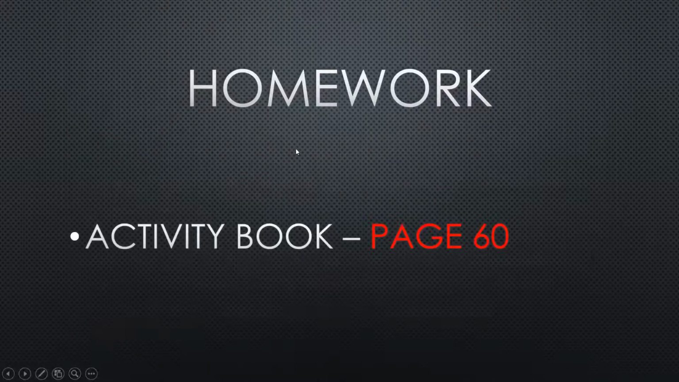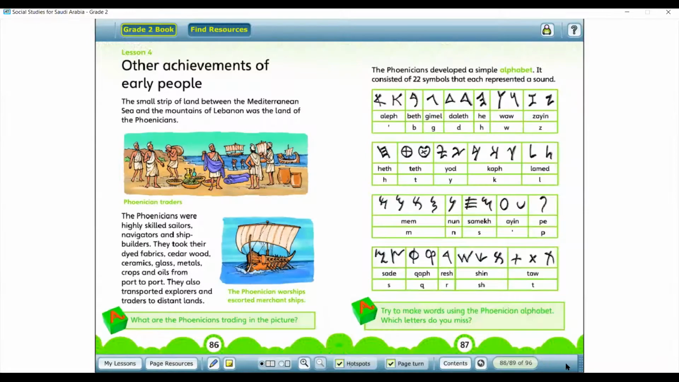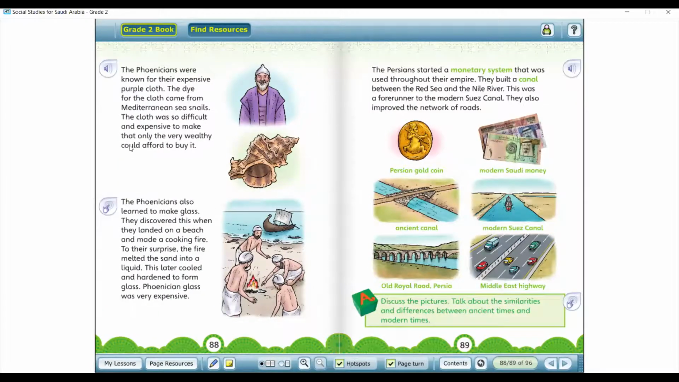So for homework, students, we are going into the activity book, and we should look on page 60. In the activity book, page 60 is your homework, based on this information we have shown you in the student book. And once again, just a reminder of the student book pages. It is on pages 86 and 87, where the background of the Phoenicians was given to us. Also, just a reminder that you could look a bit further on page 88 as well, where there is more